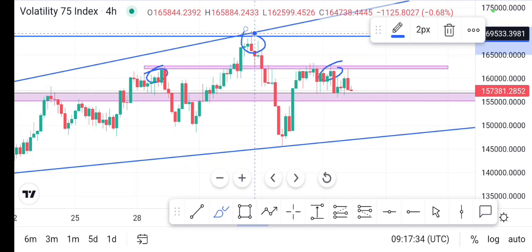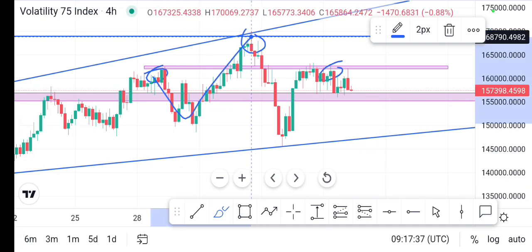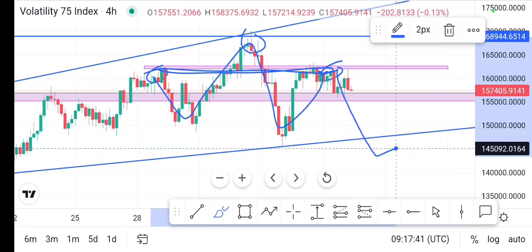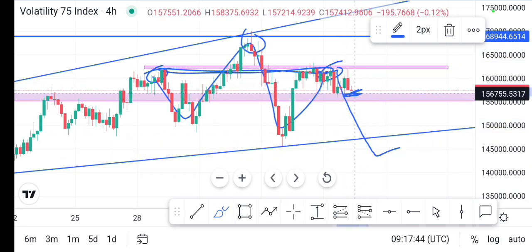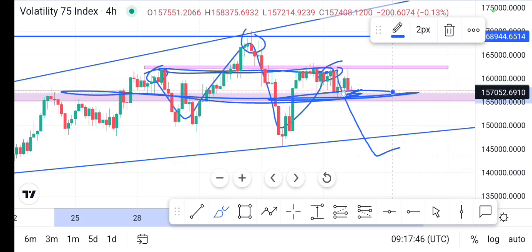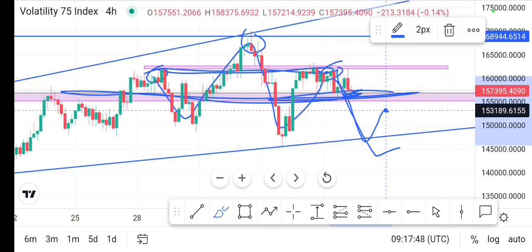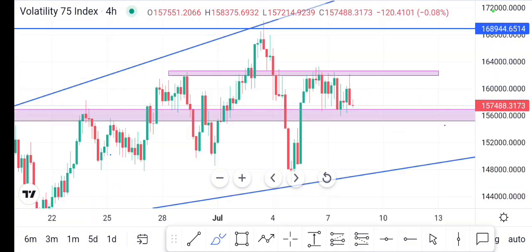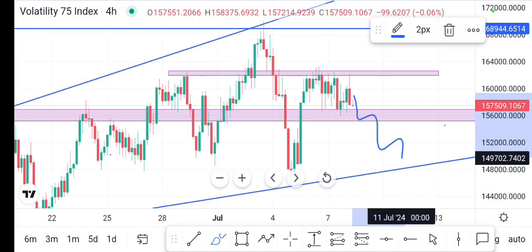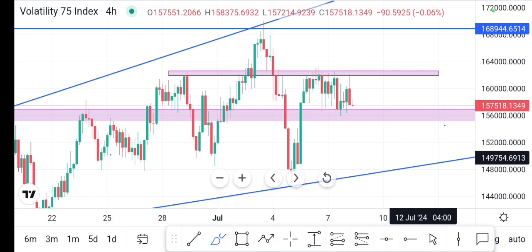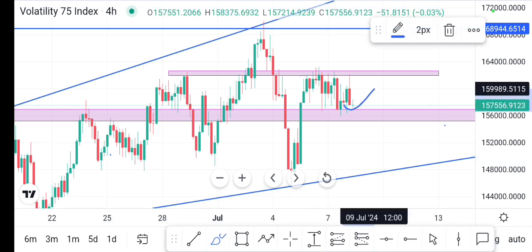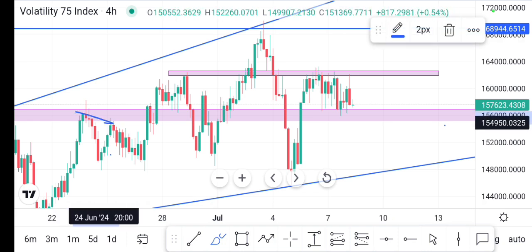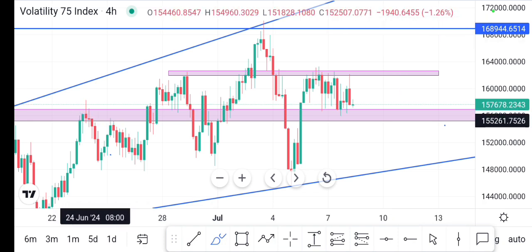Are you getting the point? So there is a possibility of the market respecting this head and shoulder, and then we go down. If we break this area, if we break this zone, there is a possibility of coming back and making a retest around this zone, and then we keep continuing going down. If the market is not going to keep going down, there is a possibility of the market reversing around this area, and then we start making higher highs and higher lows. All of those are possibilities that can happen.